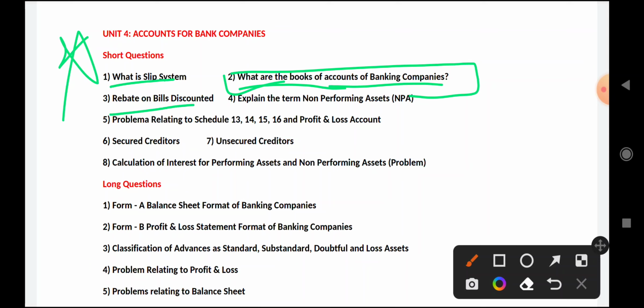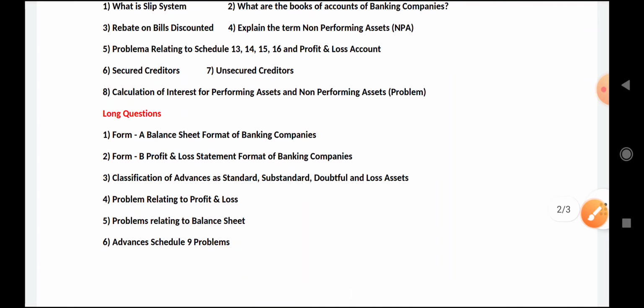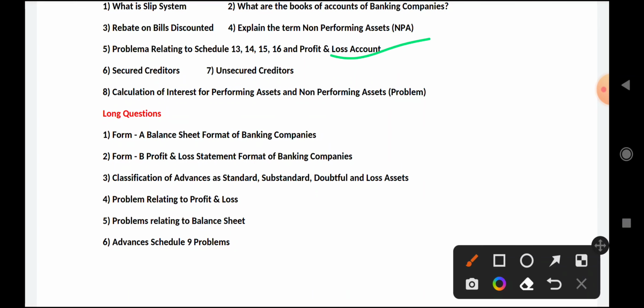Then rebate on bills discounted, explain the non-performing assets, NPA, how you will classify an asset or an advance as NPA, that is relating to. And problems relating to schedule 13, 14, 15, 16 of profit and loss account. And profit and loss account short problems, just you write the pro forma, you will get the answer, like that questions are there. And secured creditors, unsecured creditors,